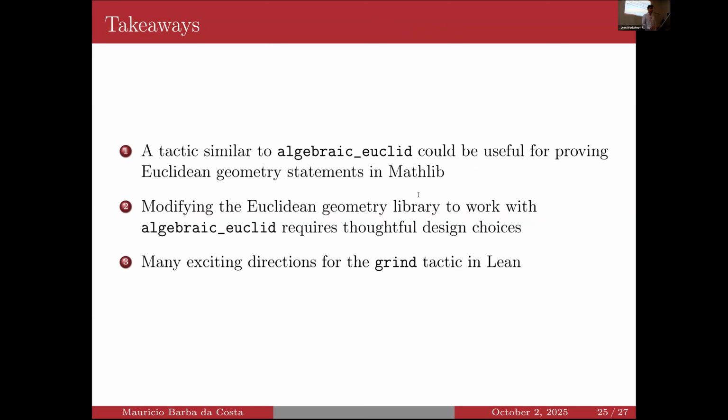So the main takeaways are that I think a tactic similar to algebraic Euclid, or algebraic Euclid itself, could be really useful for expanding MATLAB's Euclidean geometry library. I think with some targeted changes to the Euclidean geometry library right now, it could lend itself more easily to automatic proving. And I think that there are lots of exciting directions to take